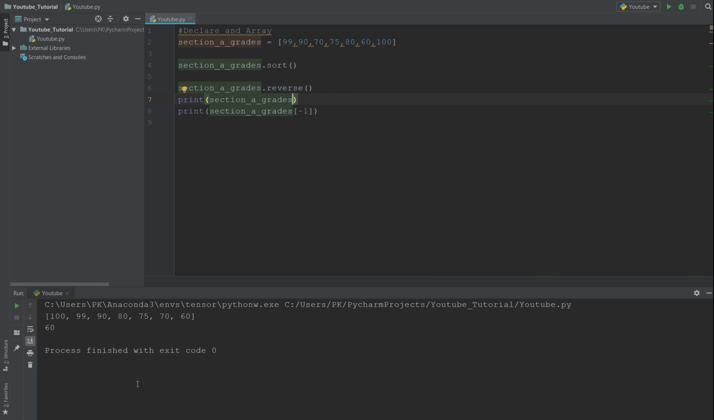So you could see it printed out the last element because I did -1. So yeah, pretty easy stuff in terms of declaring an array like this. But let's say you don't know your array,